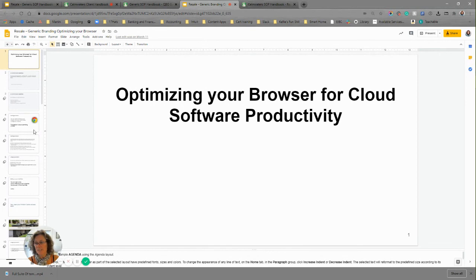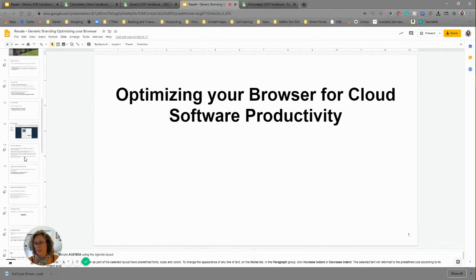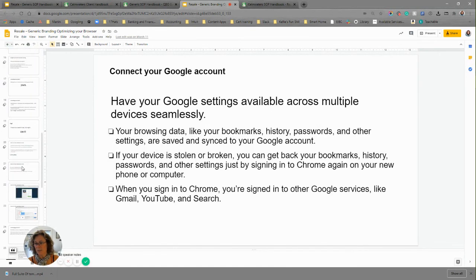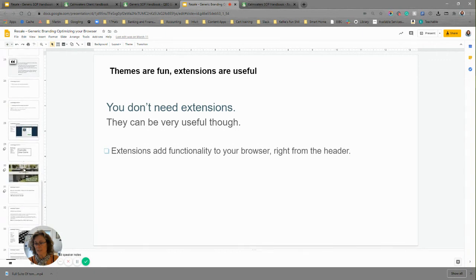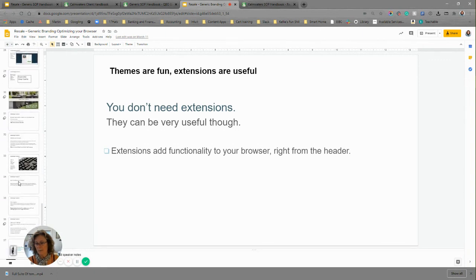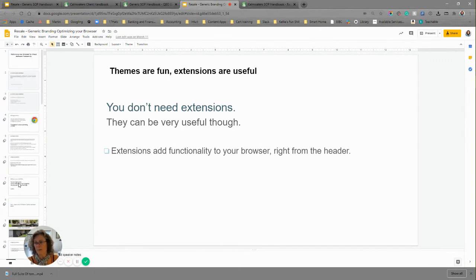I want to show you my optimizing one. So this is the Chrome browser one, and it comes with links. It's very detailed on how to set up your Chrome browser identities and use them correctly. I'm not going to get into the weeds of it because, as you can see, you've probably had enough of the sound of my voice. Anyways, those are my